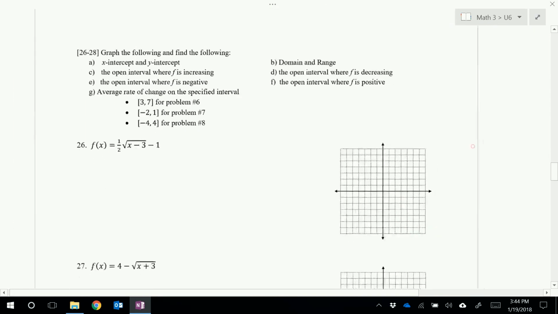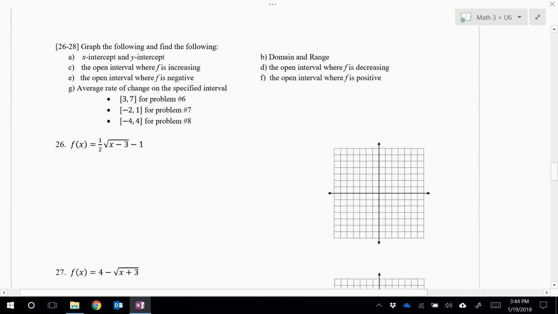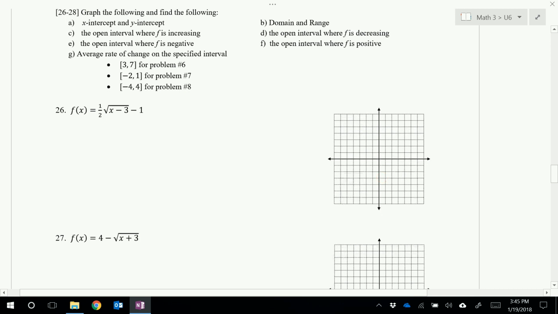Next, I'm going to do 27. And we're asked to do a number of things here. Graph the following, find A, the x and y intercepts, B, the domain and range, C, the open interval where f is increasing, and so on. Okay, so let's take a look here. So for 27,